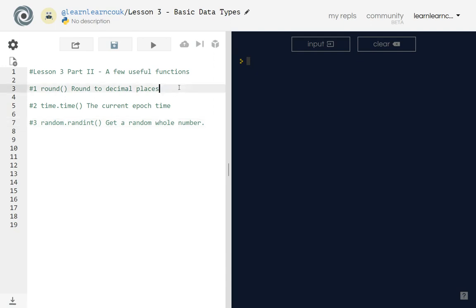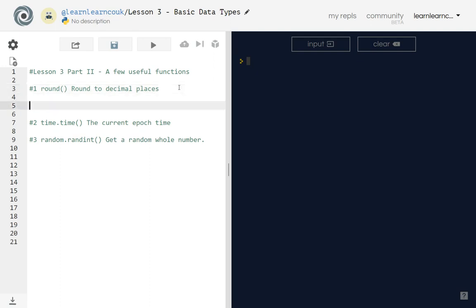So let's get started. First one, round. Round is nice and simple. It merely takes a number that you give it and it rounds it to a certain number of decimal places. So let's say we've got pi equals 3.142. There we go. So there's pi. Let's say we want to calculate the area of a circle. So area equals, let's say we've got a radius of 45, so it'll be pi times 45 times 45. So our area now is, there we go,